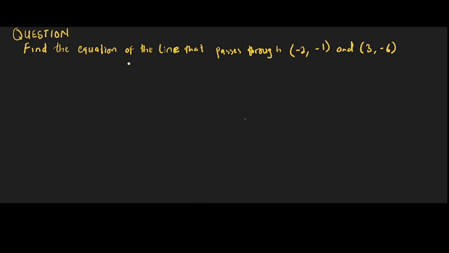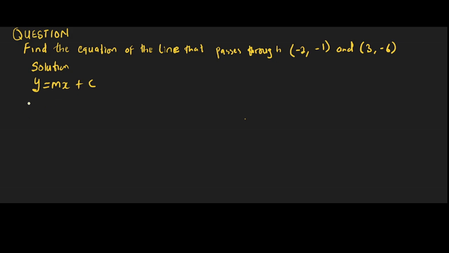To find the equation of a line passing through (-2, -1) and (3, -6). Solution. We can also use this method, the gradient and intercept equation, to get the equation of a line when it passes through 2 points. We have y equals mx plus c. We can also make use of this equation to find the